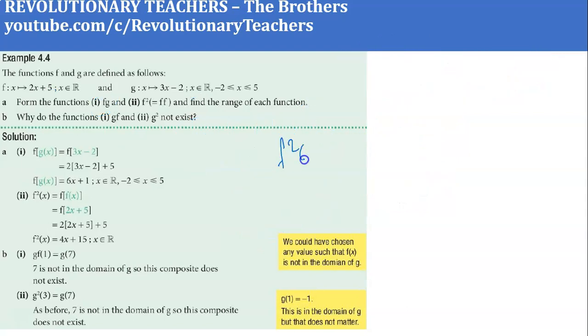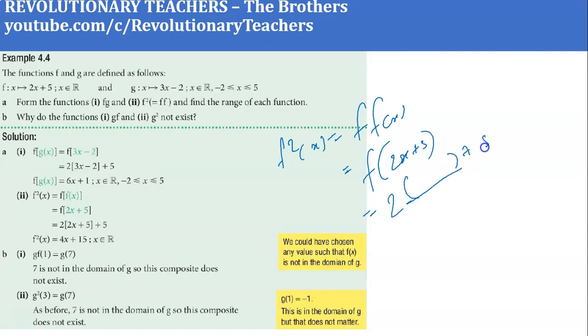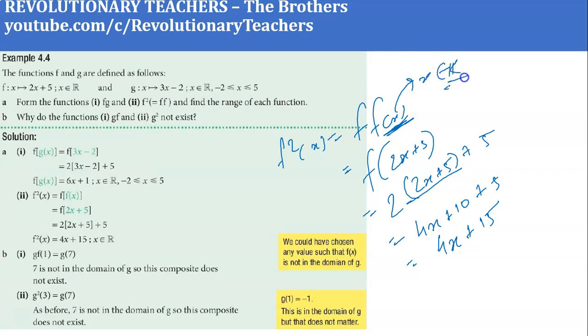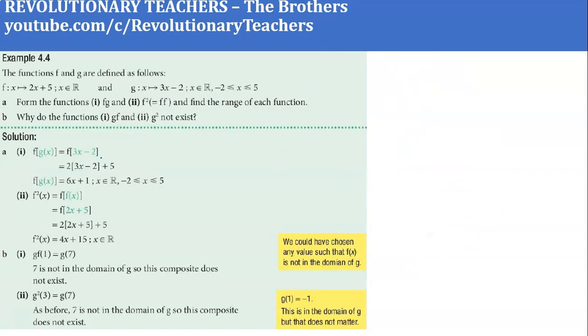Now let us talk about f square x, meaning f of f(x). Substitute the function f(x), that is 2x plus 5, in the function itself, that is 2x plus 5. So it will be 4x plus 10 plus 5, that is 4x plus 15. Now see children, over here for the function f(x) the domain is the real numbers and no constraint is given. So the domain for f of f(x) would also be the real numbers. No need to put any constraint over here. Okay children, this is clear.